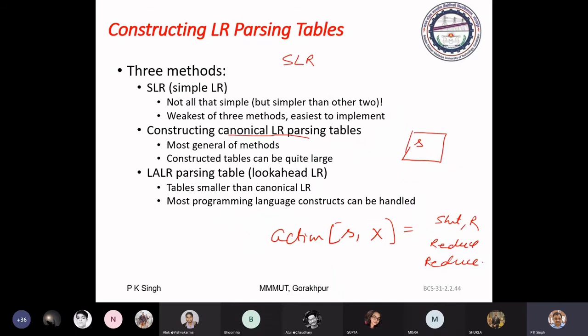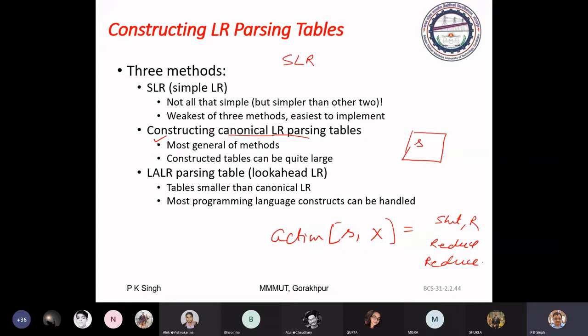And in that case, your table is not usable, you can't proceed, because if you want to solve any problem through an algorithm, it must be deterministic. But we will not get this type of situation in the canonical LR parsing table if it is LR grammar.